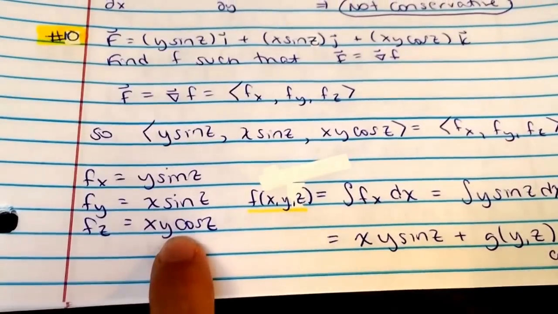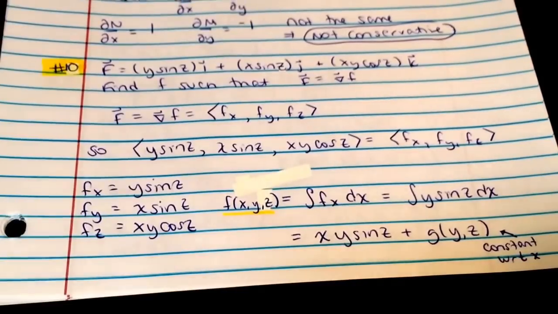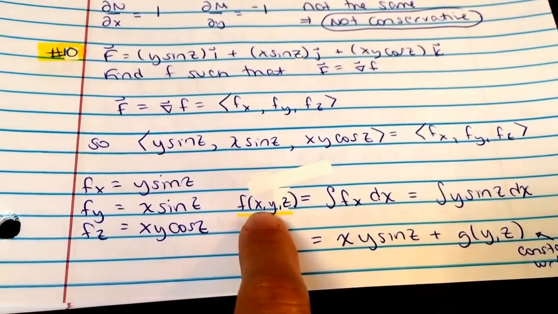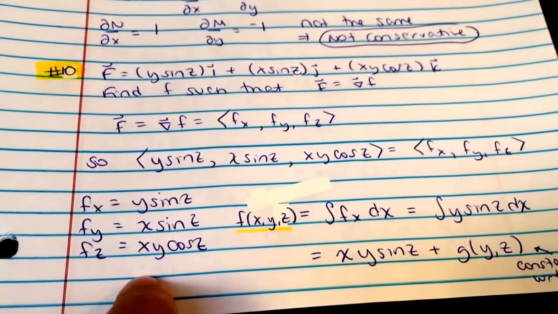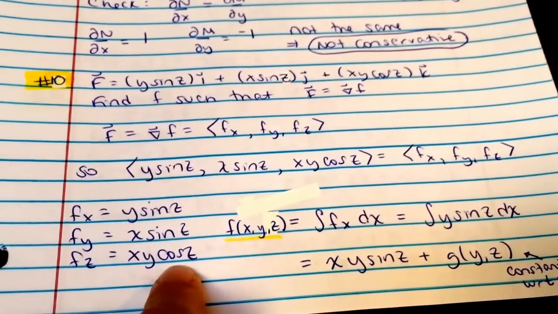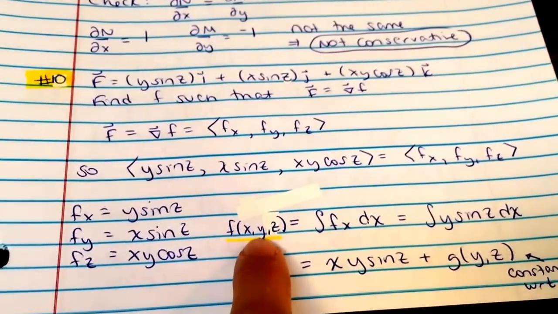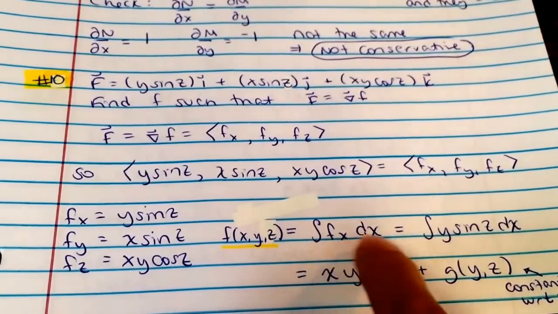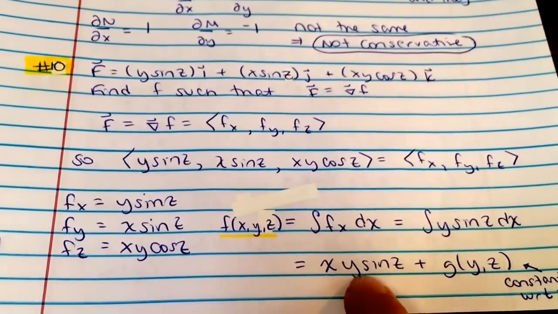All right, so what you're gonna do, this is just a process, and again, it has a lot of steps, so I'll walk you through it slowly on this first one and let you try one. Your goal is to find the lowercase f where these were the derivatives of it. So obviously some integrating is going to go on. It doesn't matter which one you pick to start with, but just for consistency's sake, I always do them the same way. So I always start with f sub x. So f is equal to the integral of f sub x with respect to x. So you're going to integrate this with respect to x, and you're going to get this.